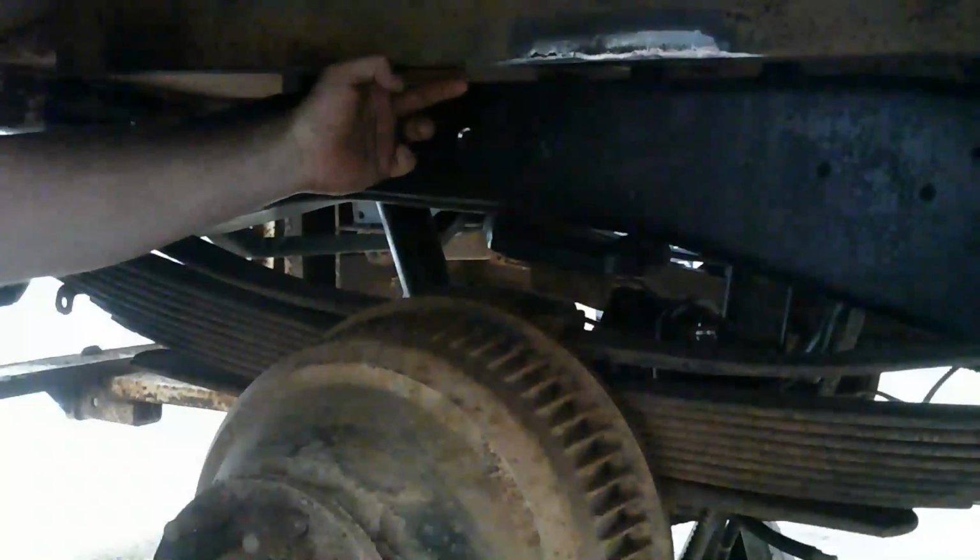Alright, now we got our hole. Right there. So I'm going to take my, first I'm going to measure, because this is sticking out a little bit past